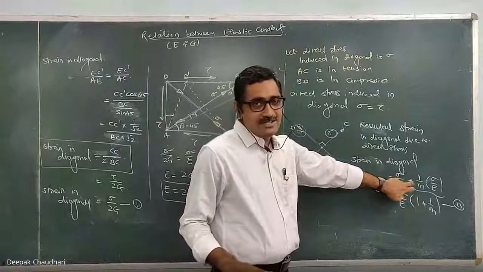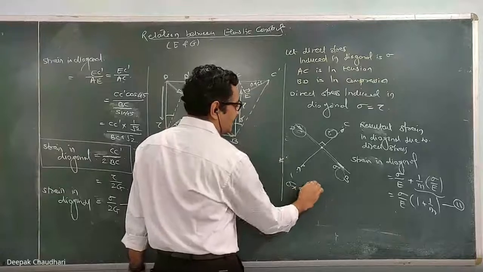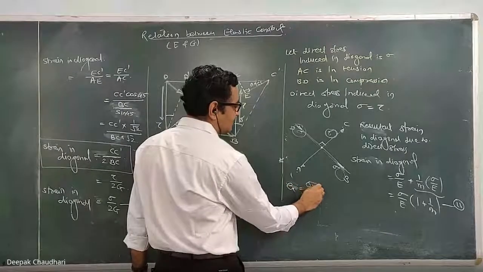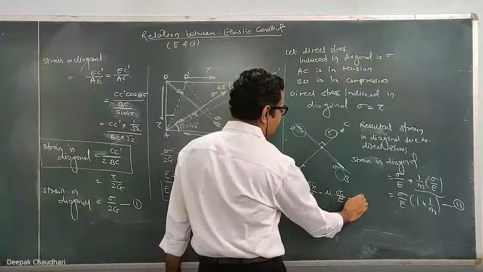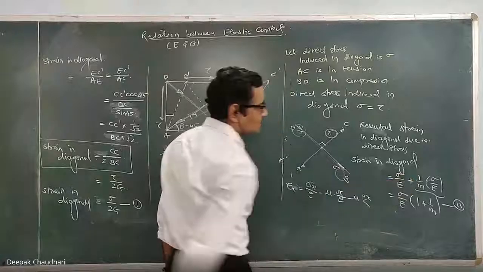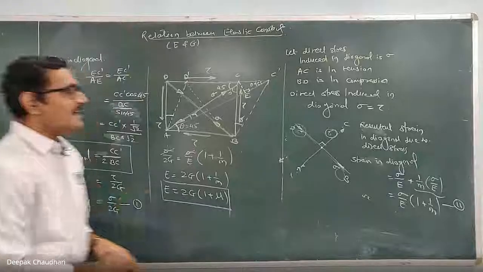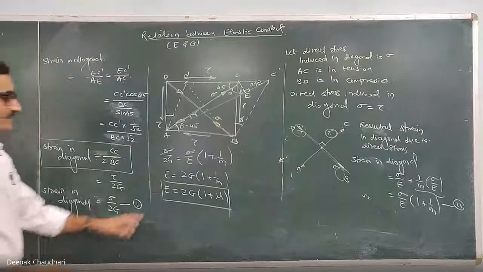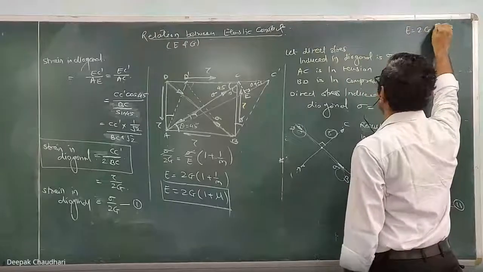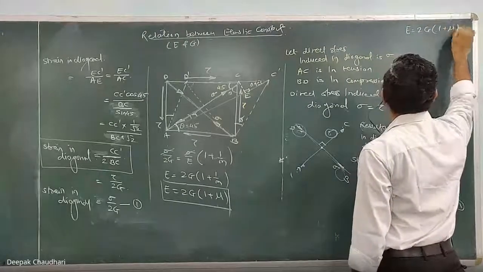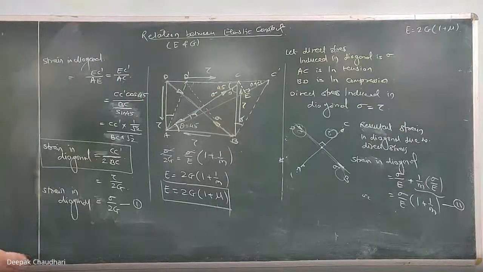Yesterday we saw this equation. Here we have written that the resultant strain in x direction equals sigma x upon E minus mu into sigma y upon E minus mu into sigma z upon E. Same concept I have used here. Okay, and then just equate this, you will get this answer. Clear? So the relation between E and G is E equal to 2G into 1 plus mu. Any doubt? Have you understood this?